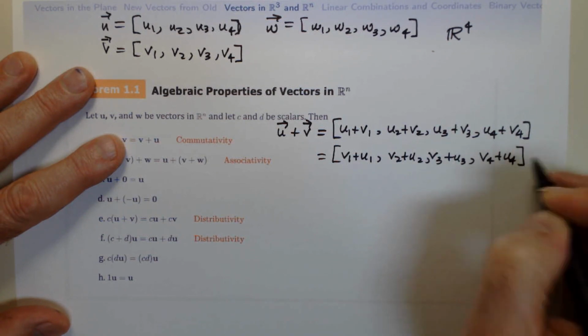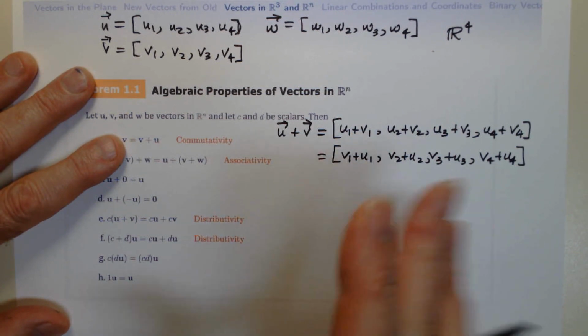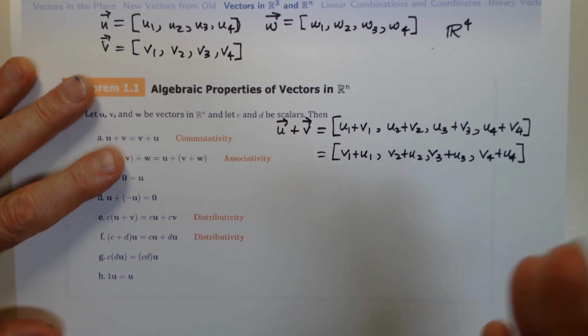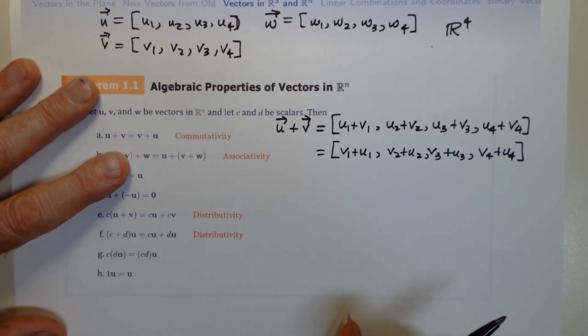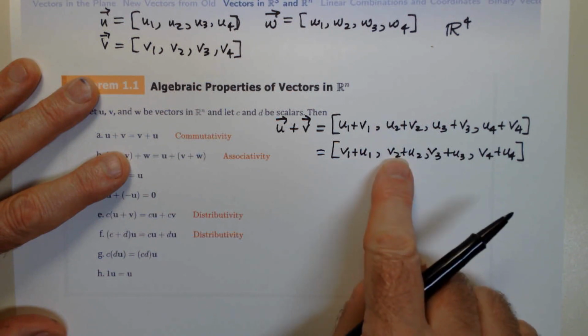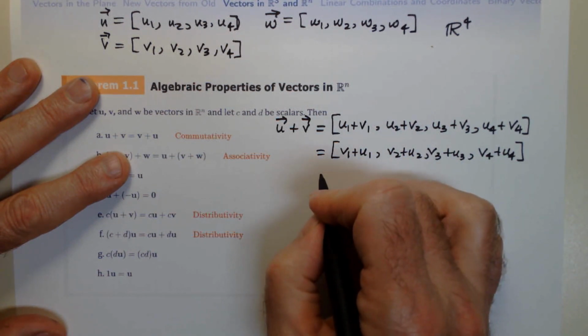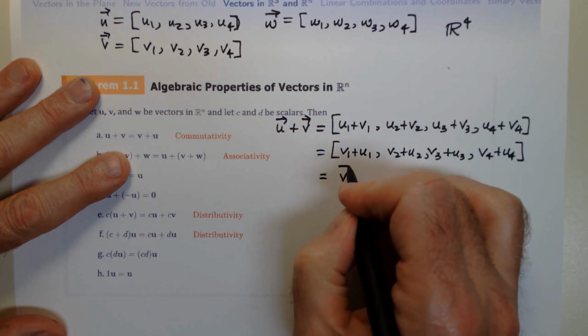Again, that is just resting on the fact that I can commute under the normal rules of arithmetic of real numbers. Now, if I stare at this, I've now got the components of v first and the components of u second. And so this is the same thing as